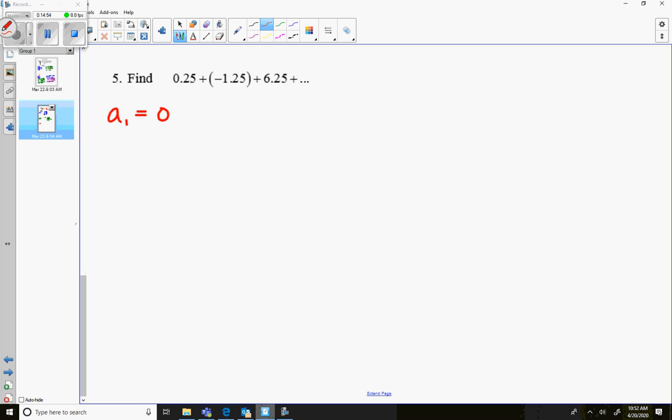All right, and now the last one. First term is 0.25. Again, take any term divided by the previous term to find your common ratio. Should recognize that r is -5 in this case. Again, we are talking about an infinite series, infinite sequence, but we're finding the series. But the fact that r equals -5, that's the key, because what that tells us is the absolute value of r is bigger than 1,